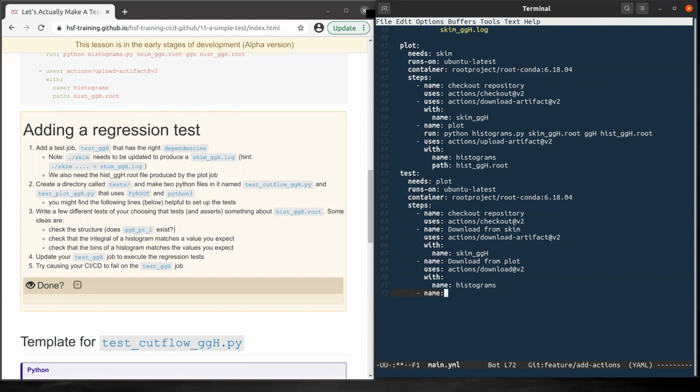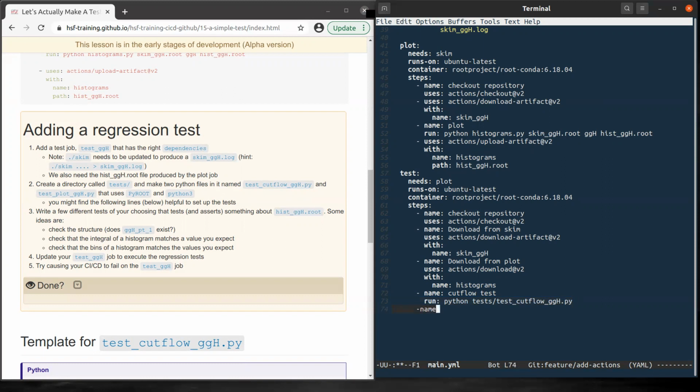So let's say the first one would be the catflow test. We need to run python tests catflow ggh Python script.